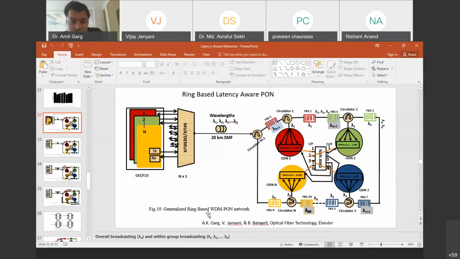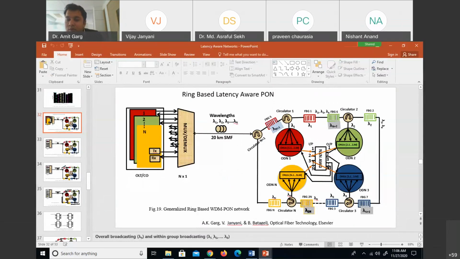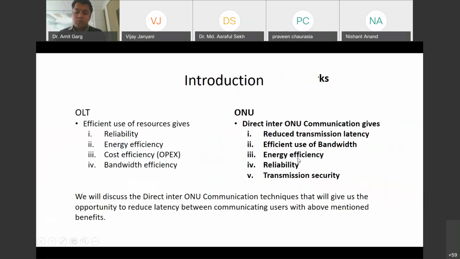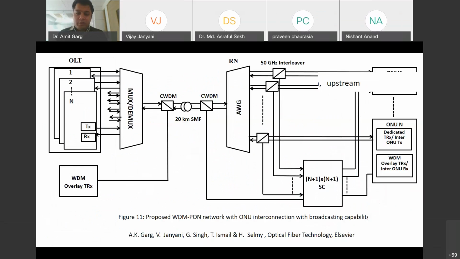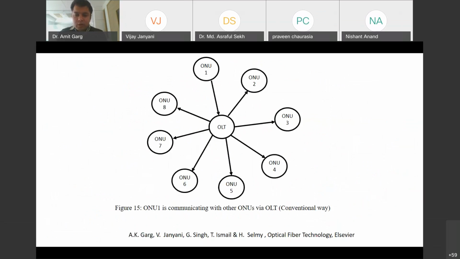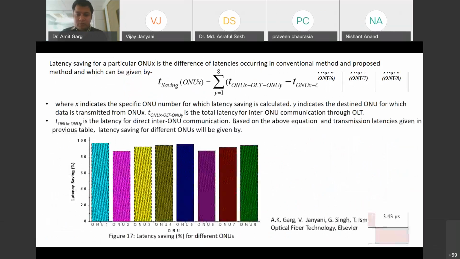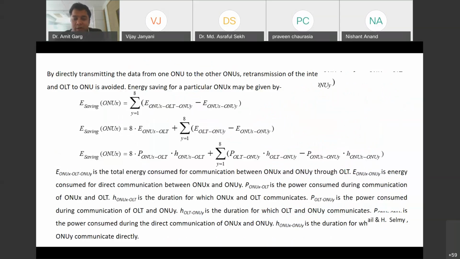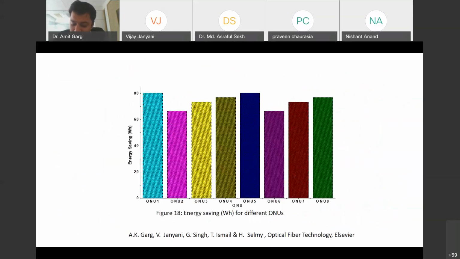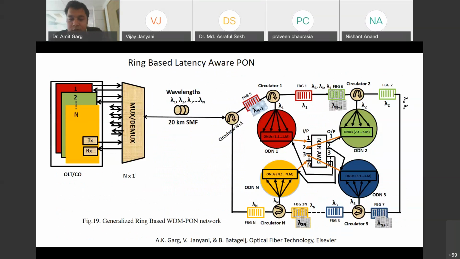Okay, so thank you, sir, for giving the various ideas about the latency for the various optical networks. In the next part, basically what you have seen earlier is that in some architectures we are saving the latency, while the next architecture is for WDM PON.